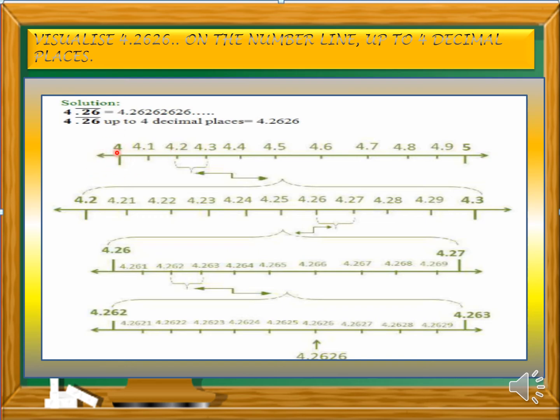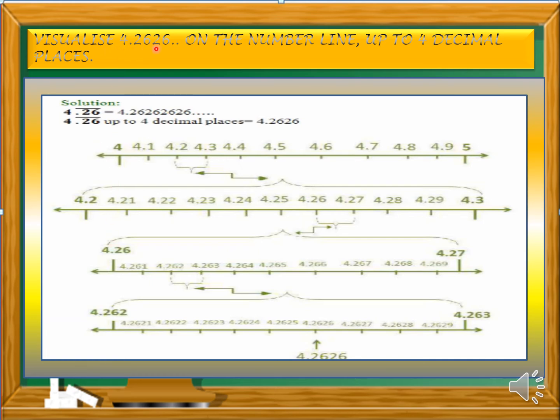And as such here we have done 4 and 5. So the next number is going to be 4.3. We are going to just split it. When we split, we should of course get 9 subdivisions, and we need 4.26. Here you can see 4.26, so we should plus one number, that is after that number we are going to take, and again we are going to split, and the next number is going to be 4.262.